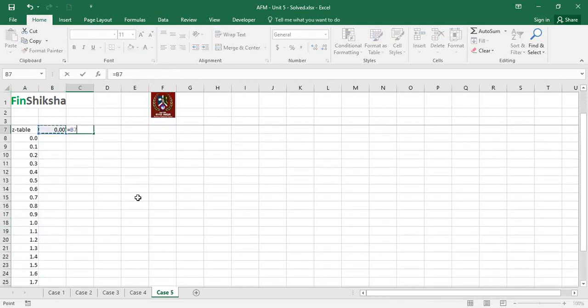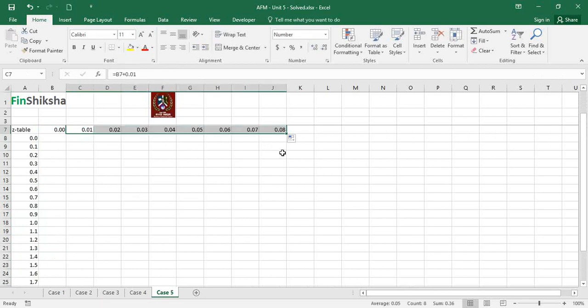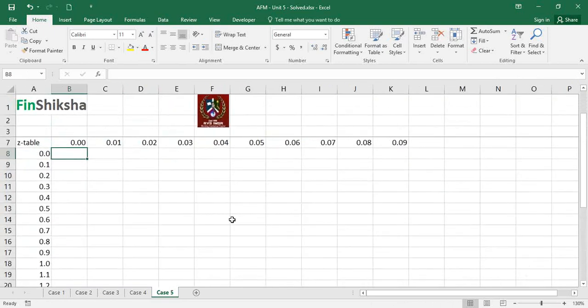Here I'm going to add this plus 0.01, right? And I'm going to take this on this side till we reach 0.09, because post that it becomes 0.10, right? Now in this cell is where we are going to basically use the function norm.dist. So is equals to